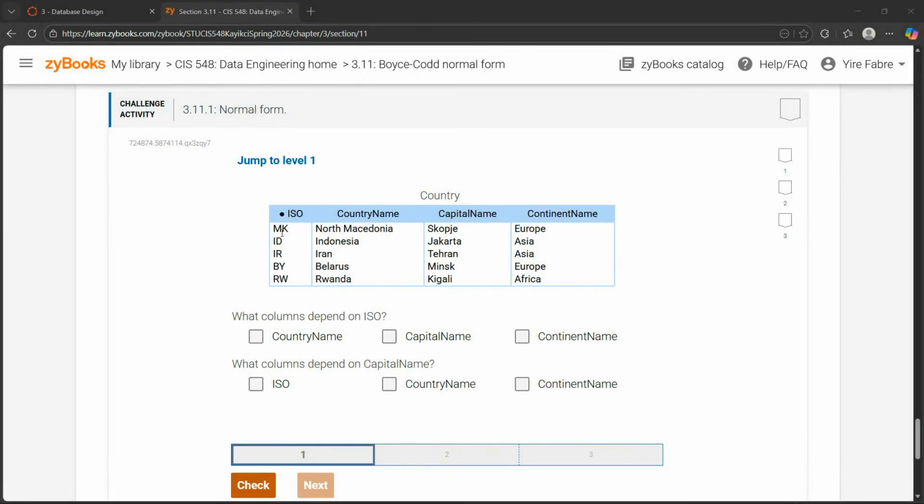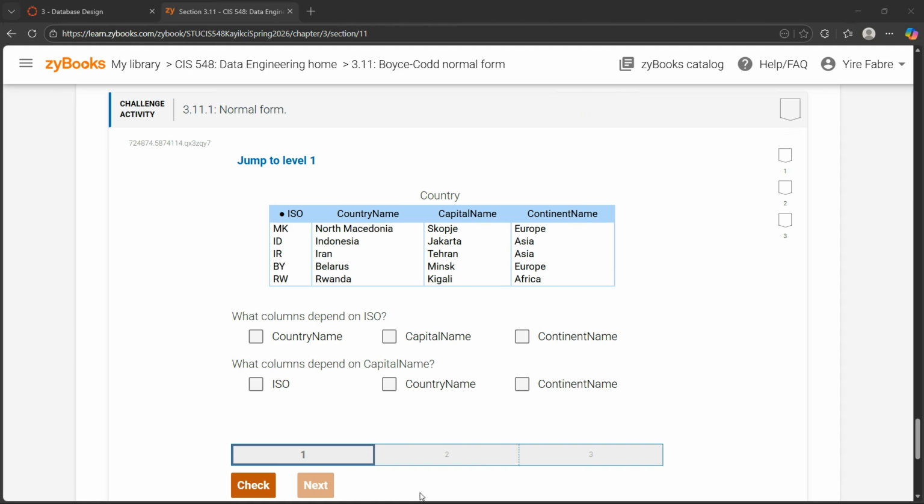So we have ISO, MKIB. Is it the country name? Is it the capital name? Is it the continent name? Let's see the country name. So let's look at the table. You have the ISO, the country name, the capital name, and the continent. Then the row examples are like